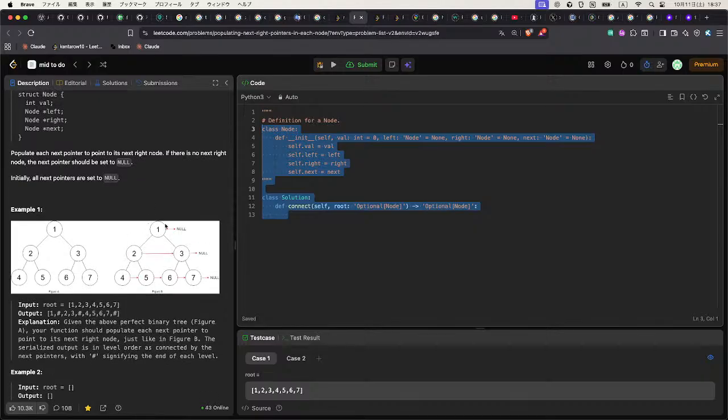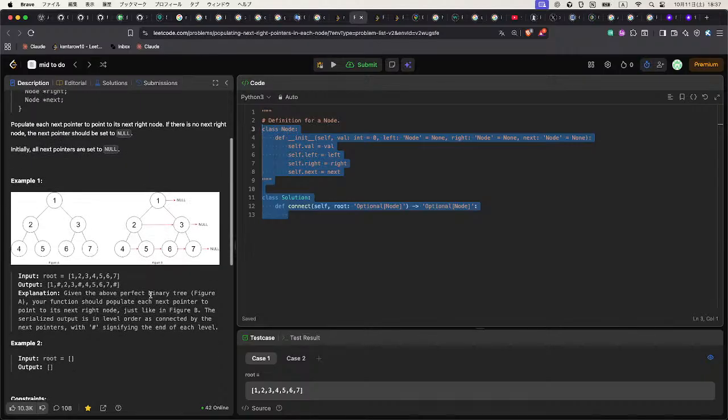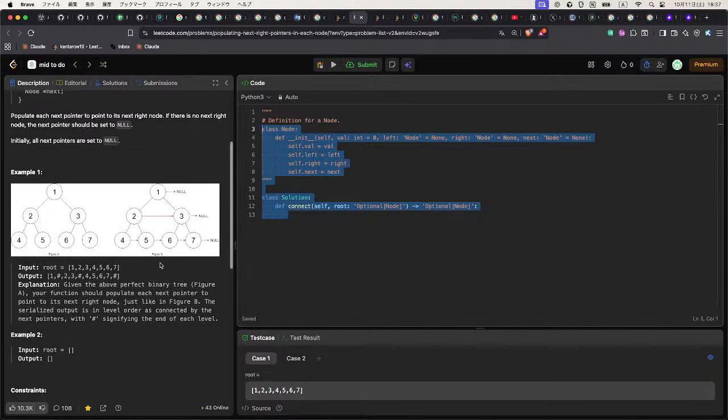I will visit every node and at the same time find the next node to it. If it's the left child, it's easy because the next node would be the right child, so it's its sibling. But this case is difficult because